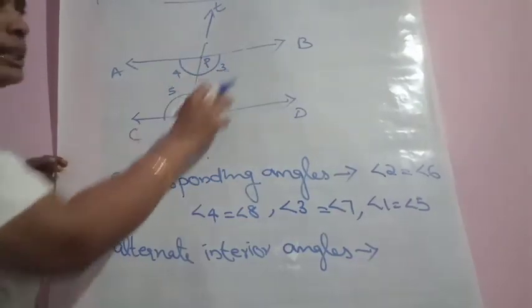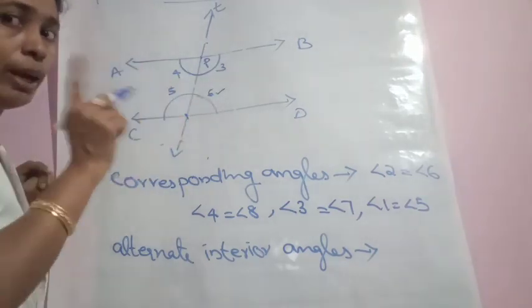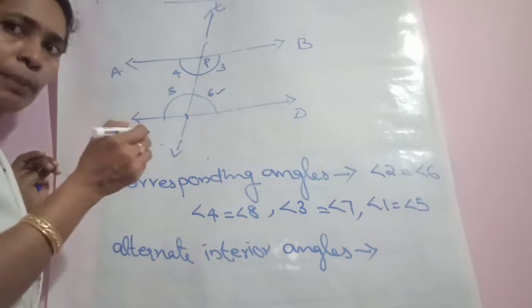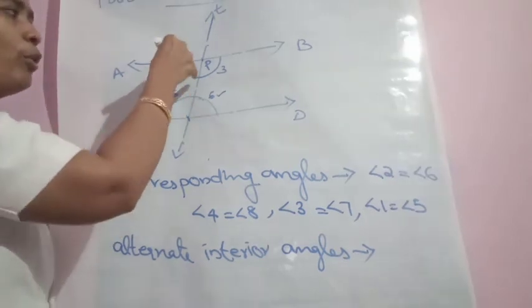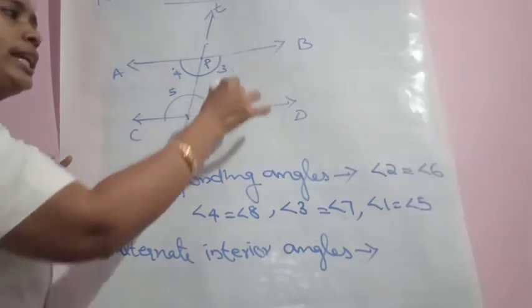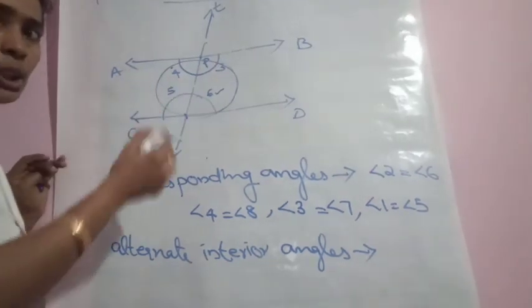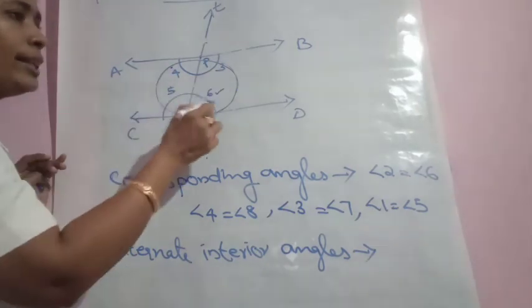And among these, either you go with clockwise direction or anti-clockwise, but you have to keep the starting point. So the teacher is starting from 4. Anywhere you can start. So 4, 3, 6, 5. Like this way the teacher is moving. So the order is 4, 3, 6, 5.